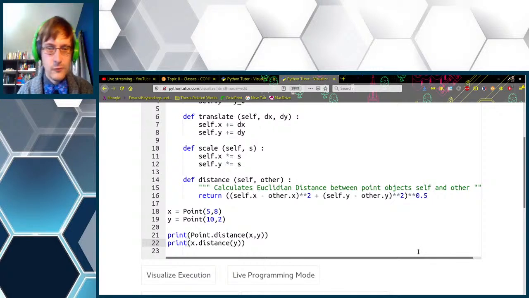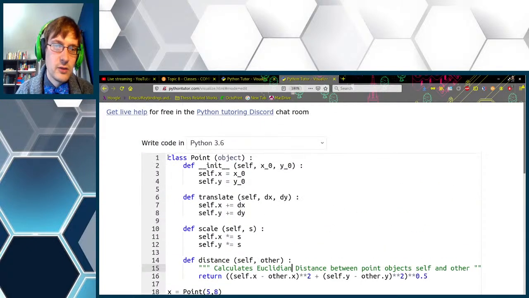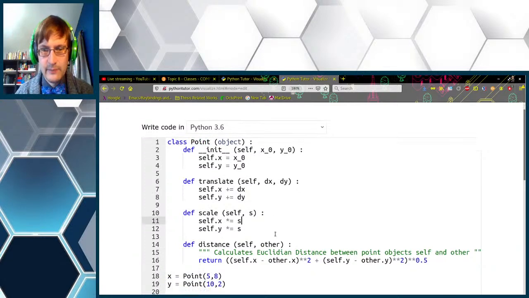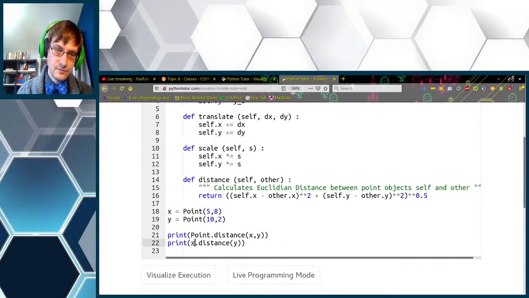This accesses the same method but by a different path. Instead of looking up the point class in the list of defined classes, it's going with the class that's associated with x. Since we know that x is defined as a point, because it was defined that way up here, we can still access the distance method.